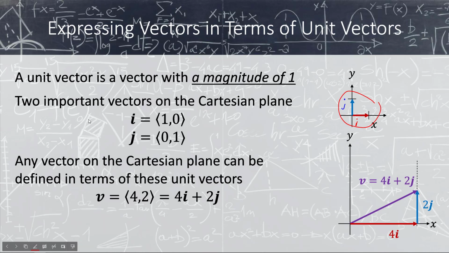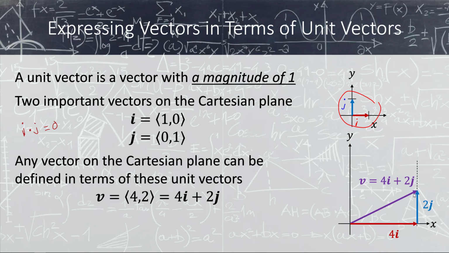The algebraic representation for i is 1, 0, so there it is. The algebraic representation for j is 0, 1. Notice that these two unit vectors are orthogonal. As a matter of fact, it turns out that i dotted with j, and we'll talk about that in a second, is equal to 0. As a consequence, it also turns out that any vector on the Cartesian plane can be expressed in terms of these unit vectors. For example, here's the vector 2, 4. We can write that as 4 times i, here's 4 times i, plus 2 times j. Here's 2 times j. And if we add them, the sum of those two vectors is right here,